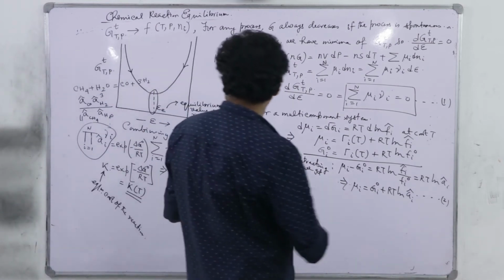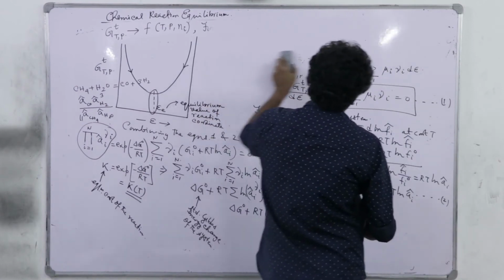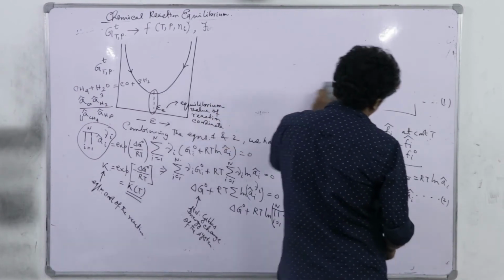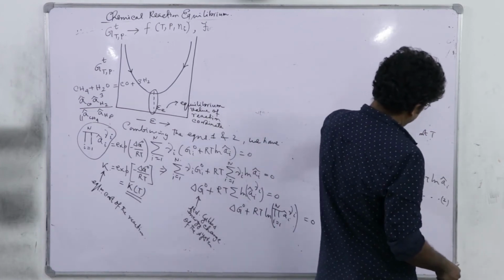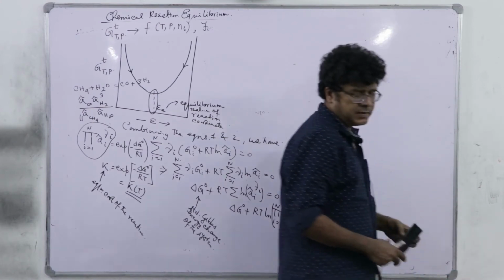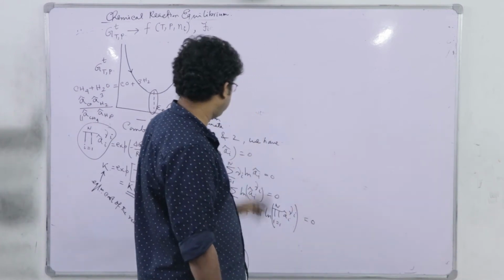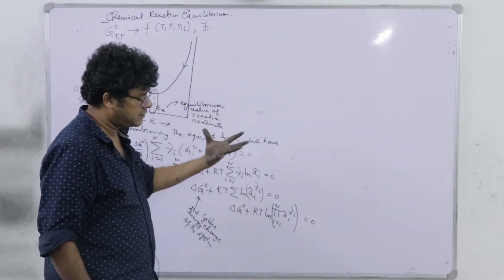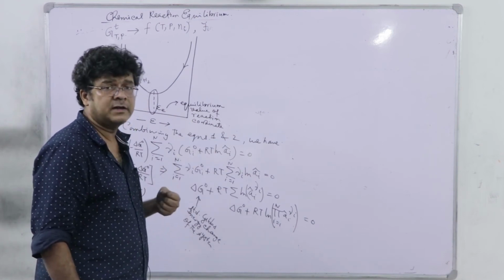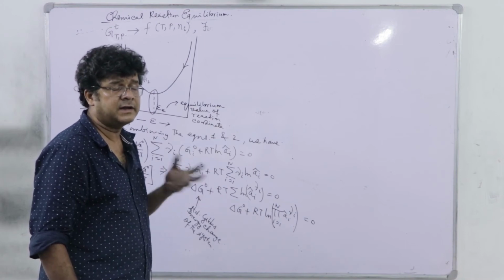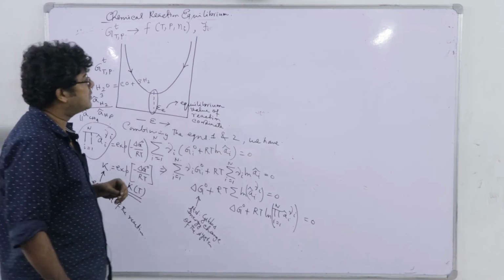Equilibrium constant, remember this: the equilibrium constant of a reaction, we have established, is only a function of temperature, though it is expressed from first principles as a product of product activities raised to their stoichiometric coefficients divided by the reactants' activities raised to their stoichiometric coefficients. But this analysis shows that K is a function of temperature